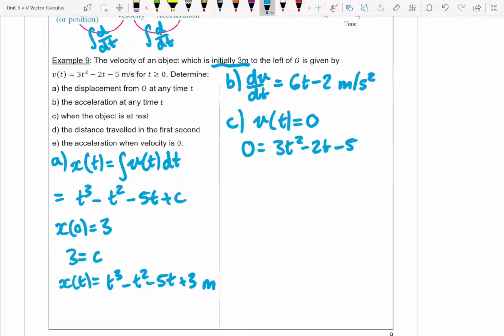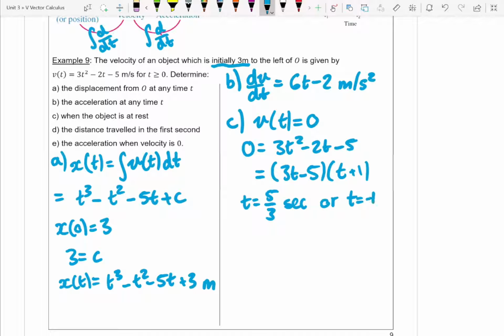So to do that, we want to find the factors of that. So the factors of that polynomial are going to be 3t minus 5 and t plus 1. So we can see there we'd get 3t minus 5t, which is going to give us that negative 2t. So we know that t equals 5/3 seconds because it's greater than 1, or